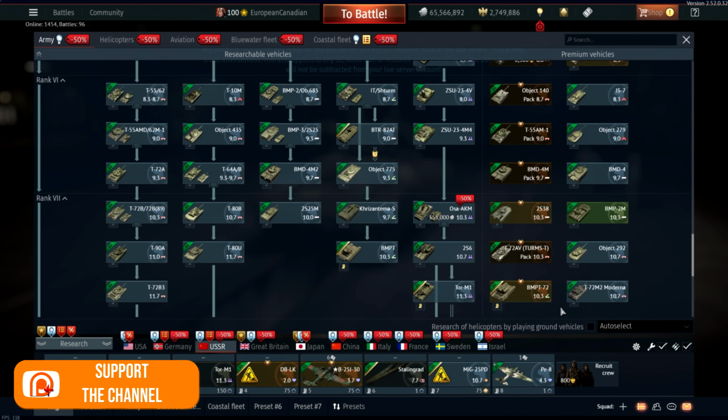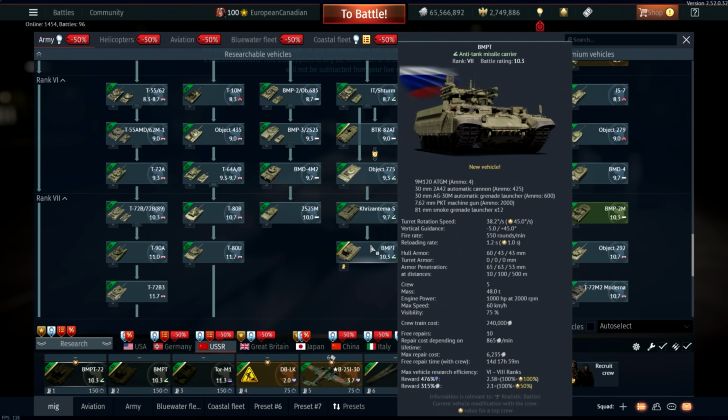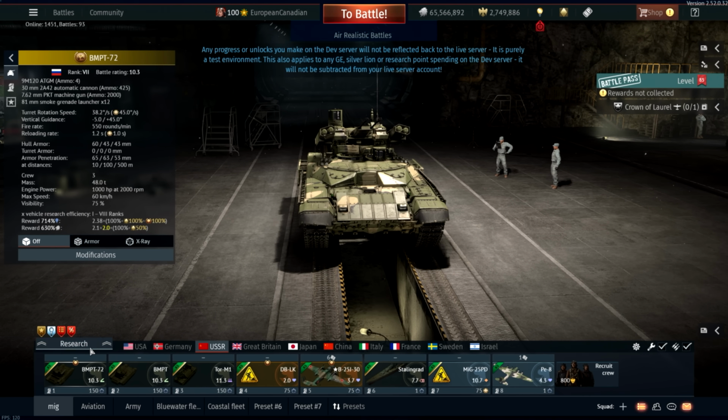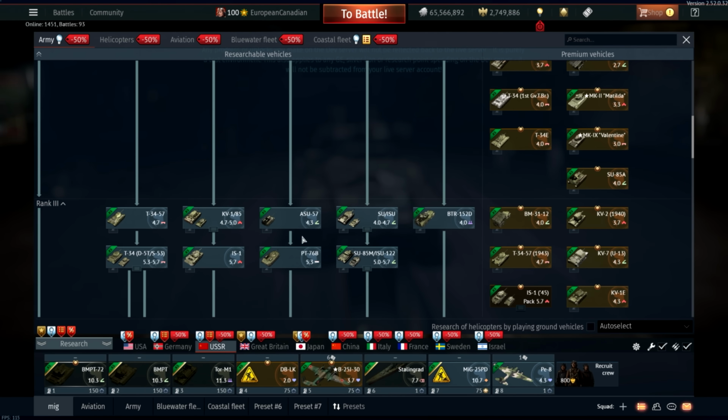The BMPT 72 is labeled as an anti-tank missile carrier instead of a light tank. This means that it does not get access to scouting as of this moment, but it does get access to the ammo box on it, which is really cool. And maybe in the future, it will get access to scouting, even labeled as a tank destroyer, because you can see here